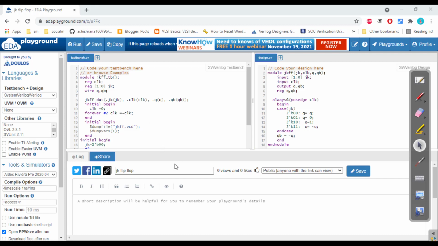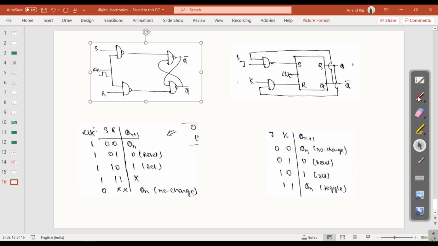Hi guys, so in this video we will understand the Verilog code for JK flip-flop. In the previous video we saw the code for SR flip-flop. It is similar to SR flip-flop, only the difference we will see in the design and truth table, and then we can understand it easily. Okay, so this is our SR flip-flop,